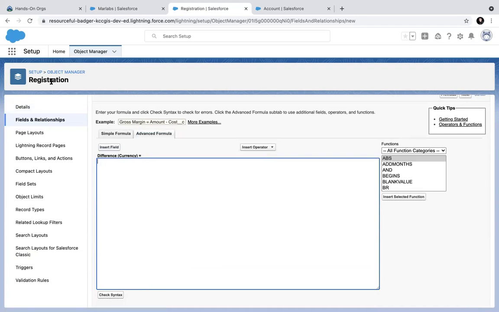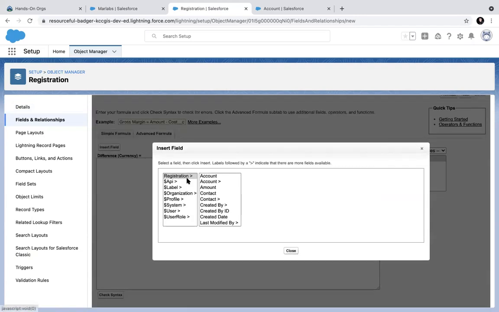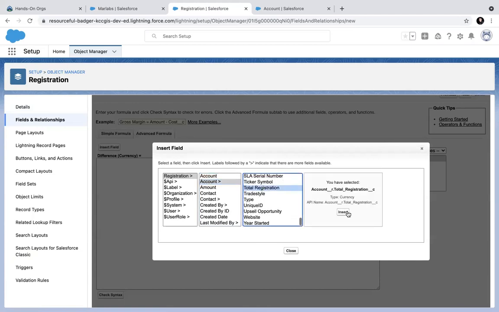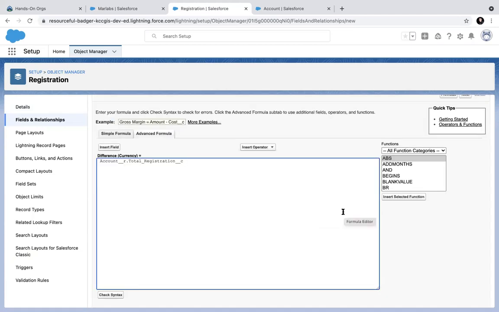I am on the registration side. Here I can go to account, and in account I can choose the total registration. See this symbol, account underscore underscore R. That means I am on a relationship field.